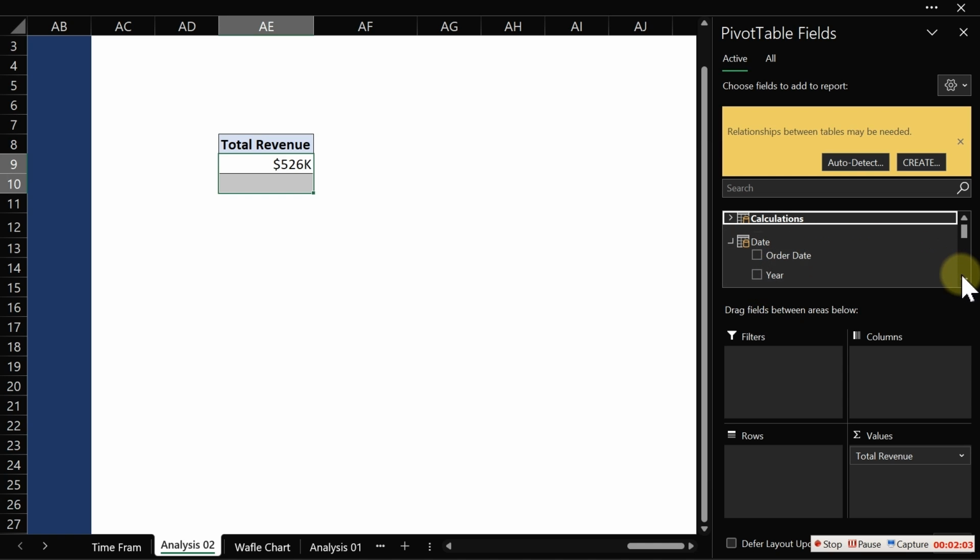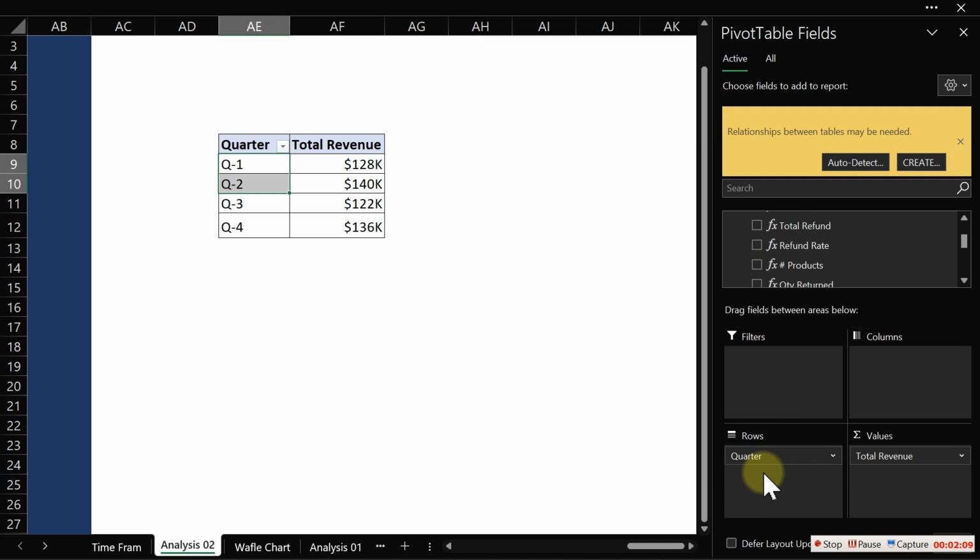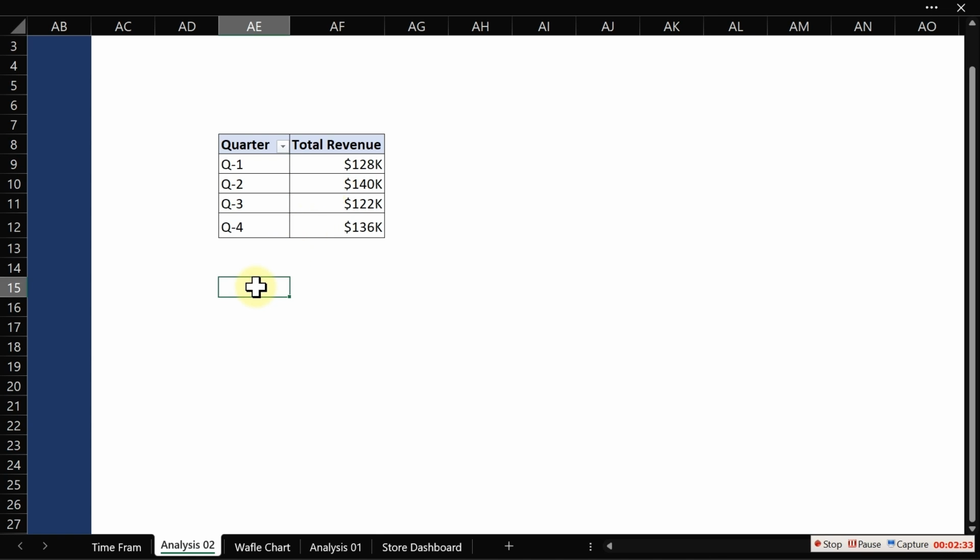Okay, let's go ahead and look for the quarter. So this quarter was added for us dynamically when we created it in Power Query. So this is what we have, but we're not going to actually create anything from here because pivot table would not allow you to add more columns except you want to write a formula that has to do with calculation that you can drag into pivot table or writing a DAX, but that is not what we're doing. We're trying to play a trick to create the kind of chart we want to create. So now you can just say link